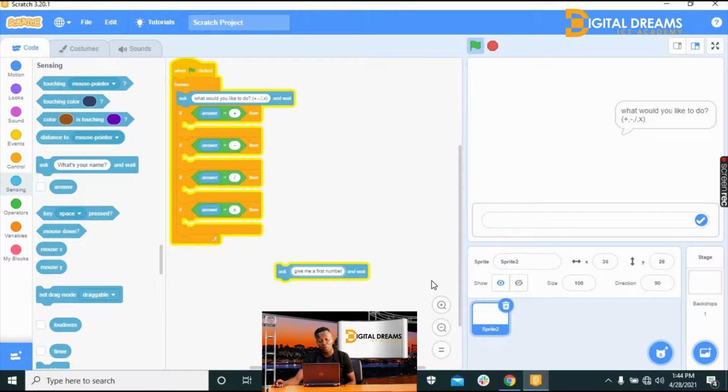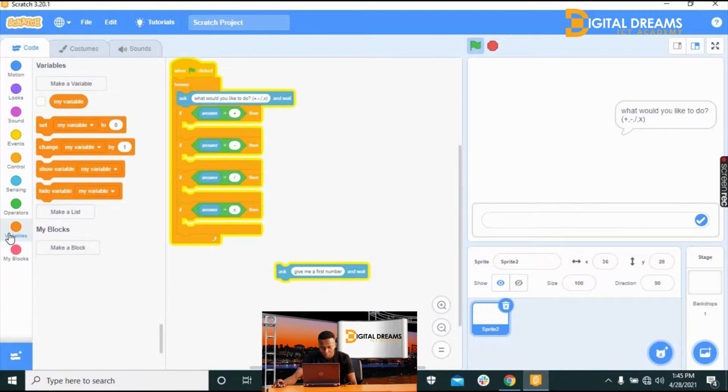What is the essence of this command? It simply defines the fact that your simple calculator in Scratch asks you, give me the first number you want to add. Remember, we are working on additions. So it asks you, give me a first number. That is the reason for this block command. You go to your variables, you make a variable for all sprites